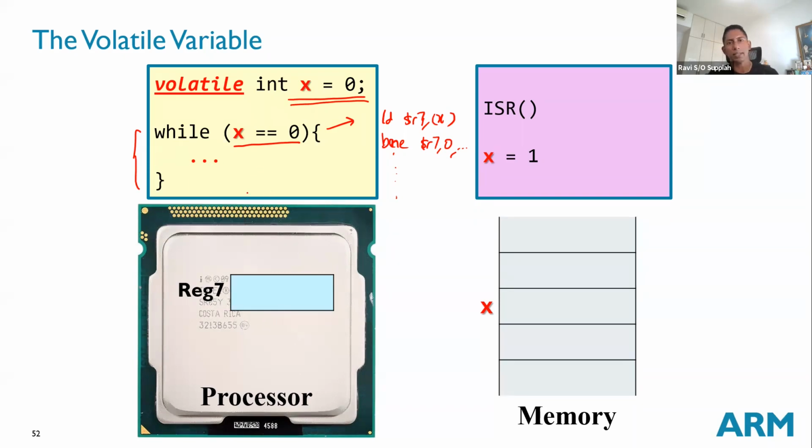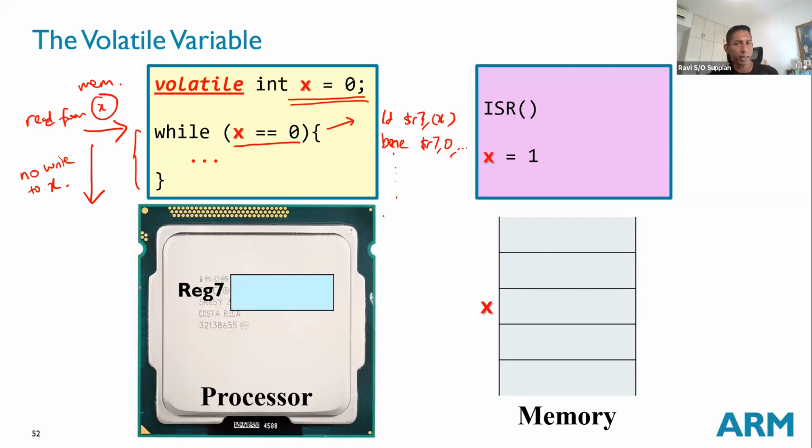And as far as the compiler is concerned, what it will see is this is the line where I do a read from X. That means I read from the memory, and in all the subsequent code, there is no write to X. If in all the subsequent code there is no update to this variable X, then the